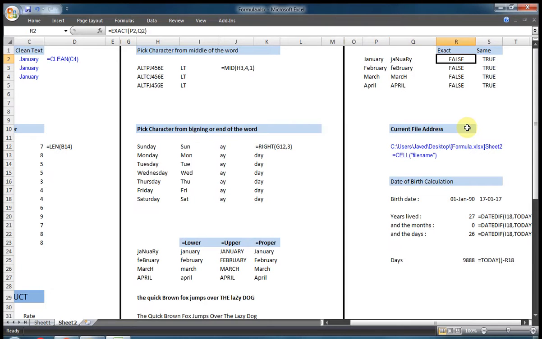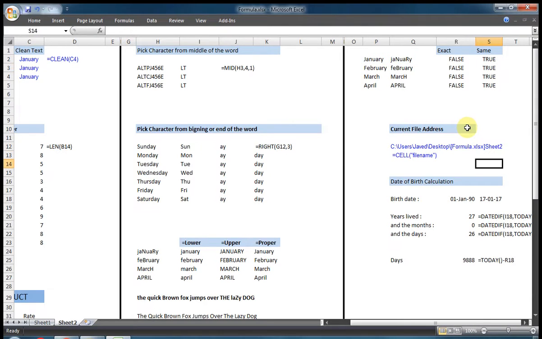This will show TRUE and this will show FALSE. To check the same thing, with equal, it will show TRUE, meaning the same letters with the same spelling and the same case. Right friend, you can use EXACT, this comma this.